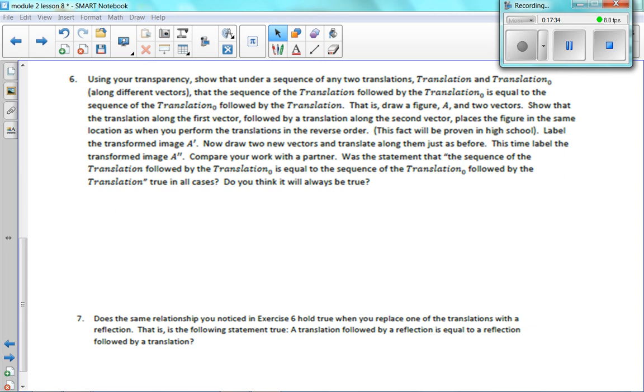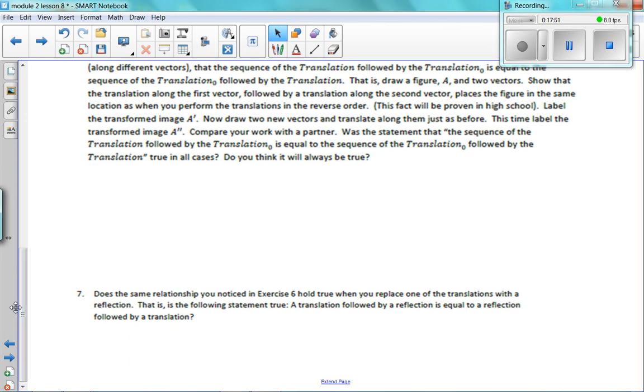Was the statement that the sequence of the translation followed by the second translation is equal to the sequence of the second translation followed by the first translation true in all cases? Do you think it will always be true? Hopefully you're convinced that yes, it will always be true. Okay, number 7